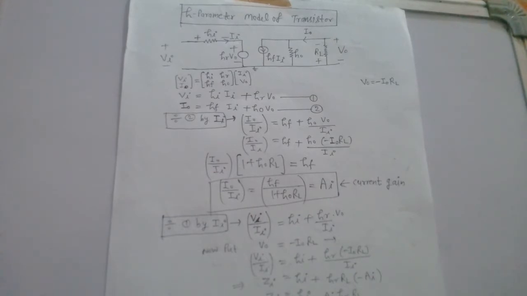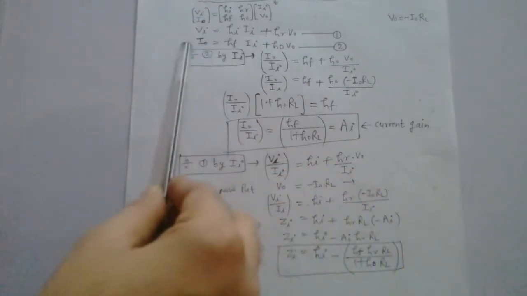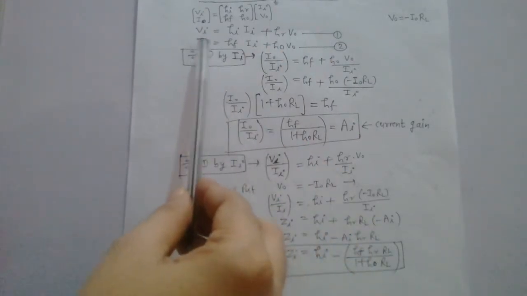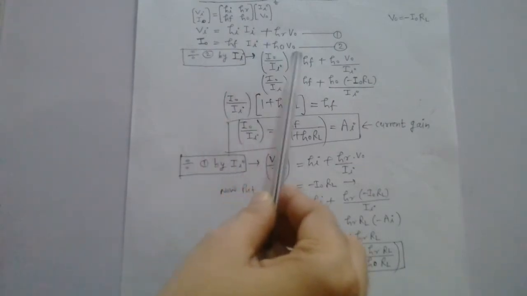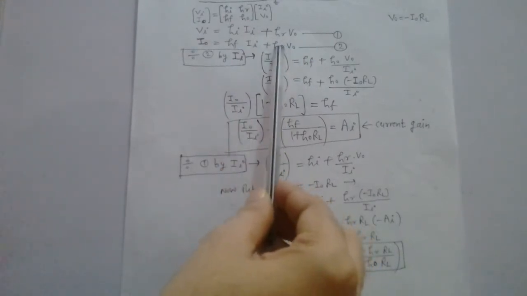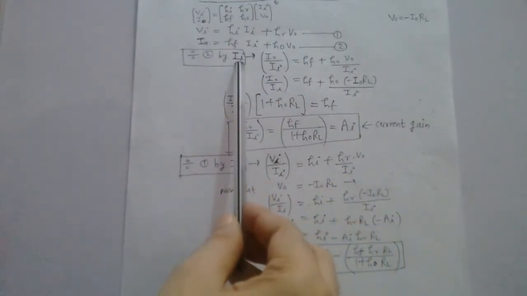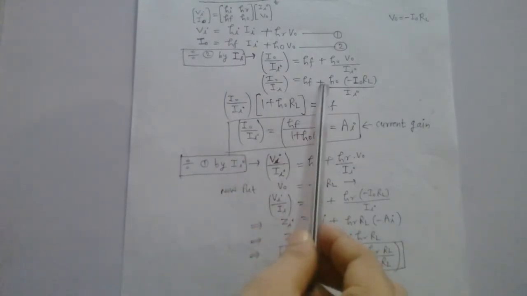So what I will do, first of all, I will divide equation number 2, that means the second equation, by Ii, that is the input current Ii, right? When you divide this by Ii, you will get Io by Ii, right? Here you will get hf Ii divided by Ii, that means Ii and Ii get cancelled, right? And here you will get ho Vo by Ii, right? So simply divide equation number 2 by the input current Ii, right? So Io by Ii is equal to hf plus